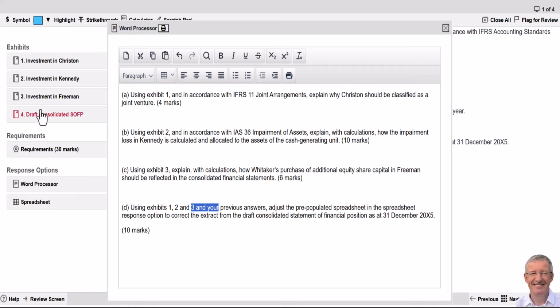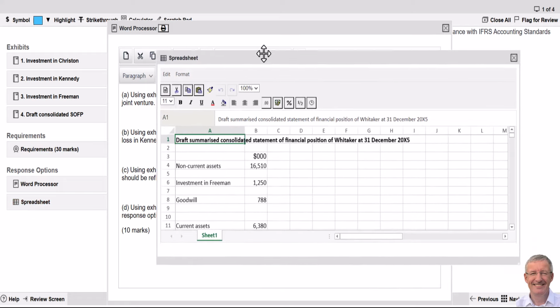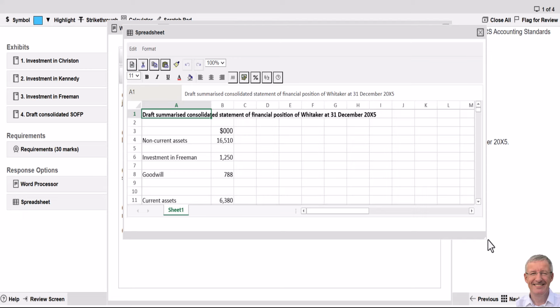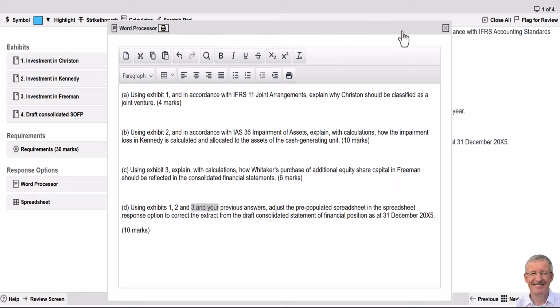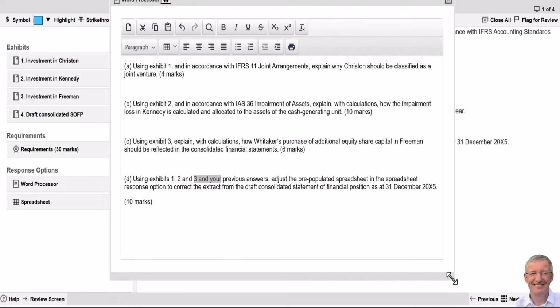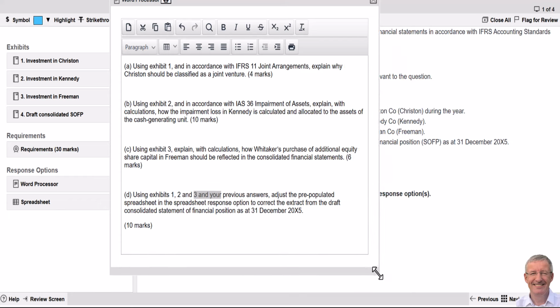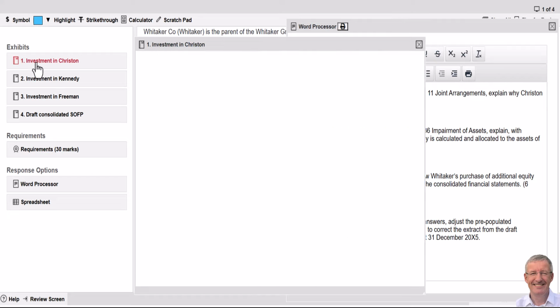This exhibit I never really open because actually it's the pre-populated spreadsheet. The information is already given to me here. So I'll open this and I'll sort this out as and when I get to it. The next thing I want to do, to keep my flow, to keep my energy going, is to look at Exhibit 1 and to think about